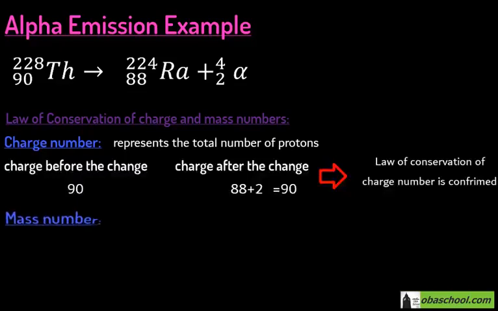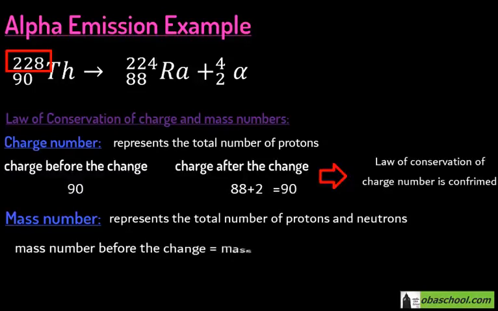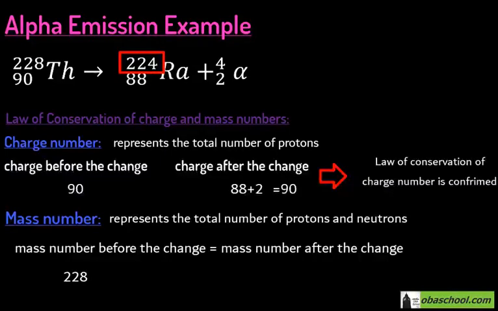According to the second law, which is the law of conservation of the mass numbers, the mass number, which represents the total number of protons and the neutrons for the thorium isotope, is equal to 228. Let's check if they are equal to the total number of neutrons and protons after the change for the radium and alpha particle. So for the radium and the alpha particles, the mass number is equal to 224 for the